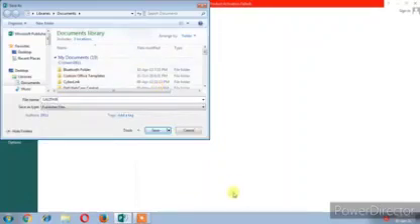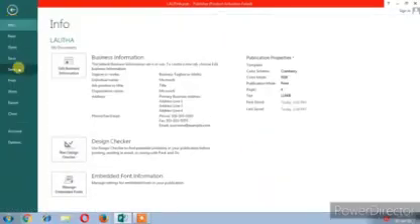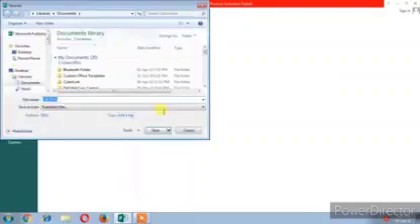Once again I repeat, how will you save the file? To save your publication file, click on the file tab, open the backstage view, click on the save as option. You will get a browse button, click on that, you will get a save as dialog box. There you type the file name, click on save. Automatically the file name will be saved. By default the publisher file is .pub.